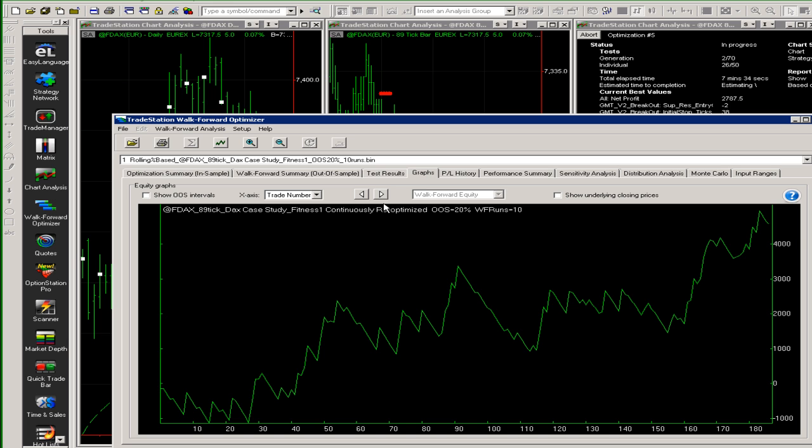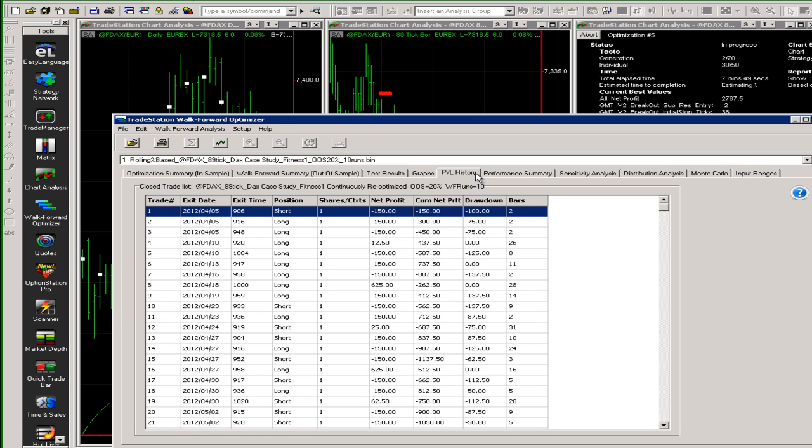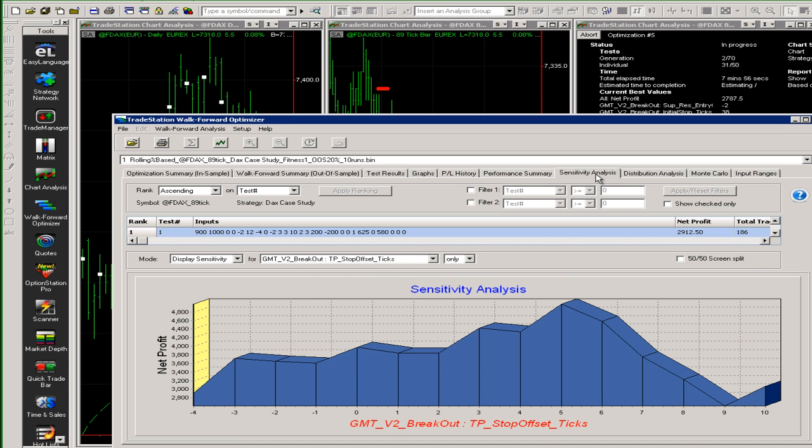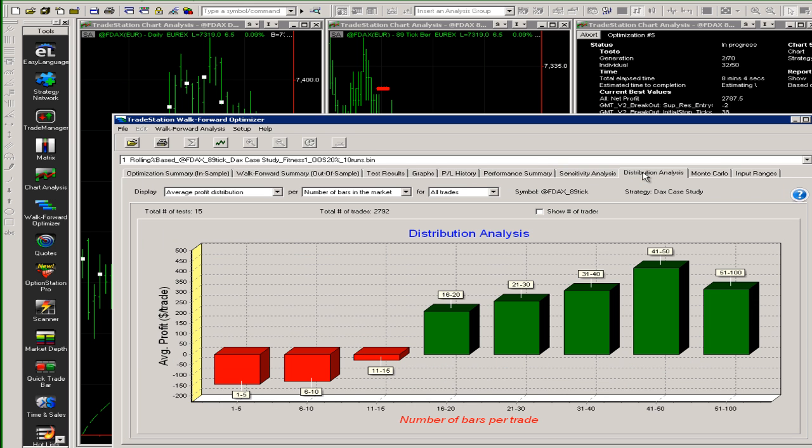That's basically the walk forward analysis and the overall performance of the system. And you can see there a bit of a drawdown. We have a look at the P&L history, so it'll give you a breakdown of the profit and loss history. The beautiful thing about this is the performance graph, which you're all familiar with, but I want to take you to this area here, which is sensitivity analysis, and also the distribution analysis. So what this is telling us here is, based on our system,